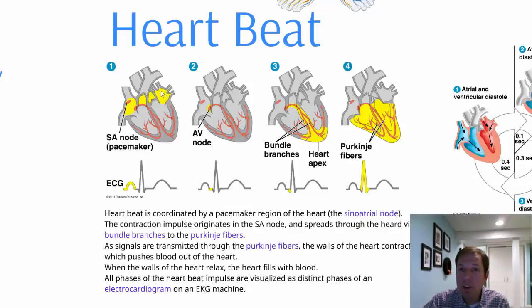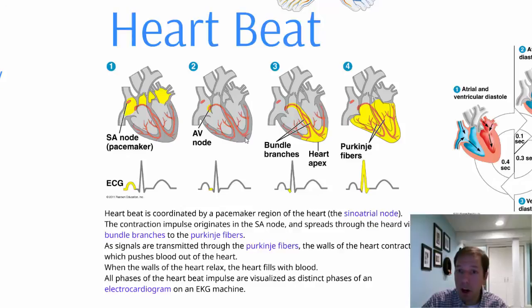The muscle surrounding the atrium is fairly thin because the blood only needs a very, very tiny amount of pressure to move it from the atrium and into the ventricles below. Once the atria have contracted, then the valves are going to close again. The AV valves will close, and then we have the AV node, or atrioventricular node, which is similarly going to generate an impulse, which is going to travel through a bundle of branches here that will then move down to